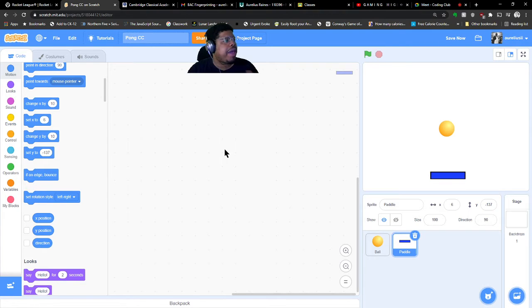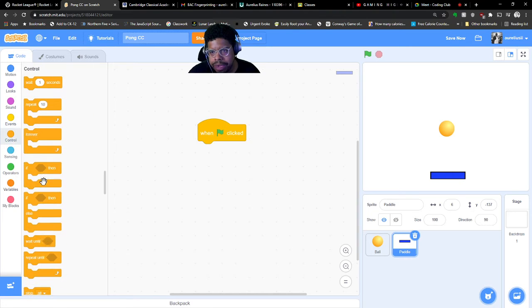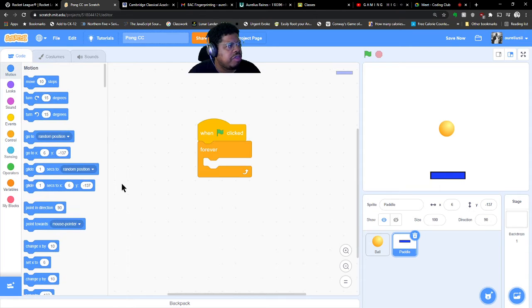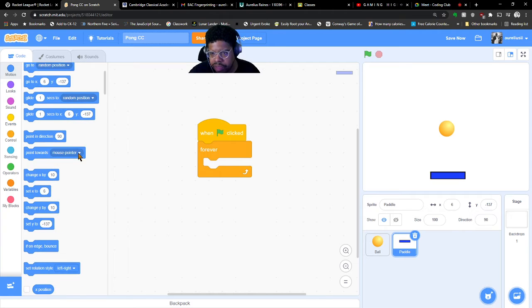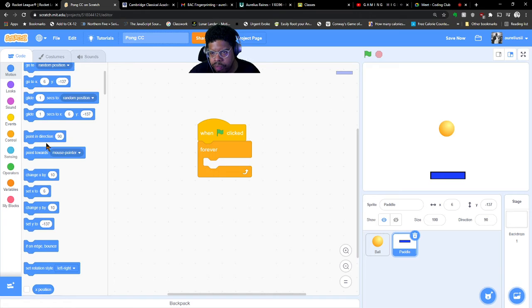But again, the paddle has no code. It doesn't know what to do. So what I want to do is, when I click the green flag, back to control, forever. That means we're going to keep doing it continuously, right? Forever. I wanted it to go ahead and follow my mouse. And there's a little option on here that says, it actually has a follow my mouse. And so it says